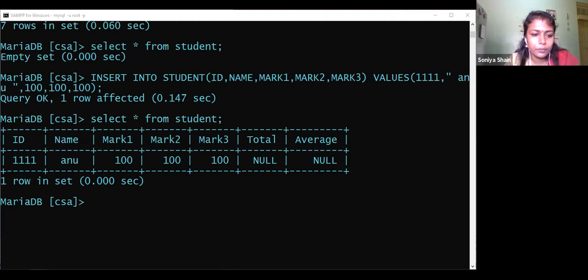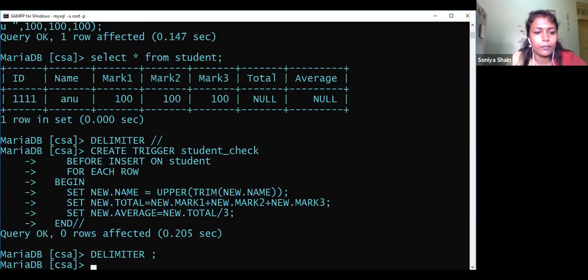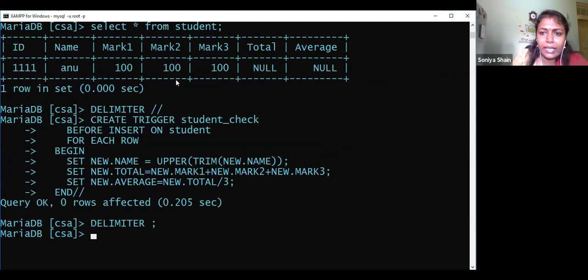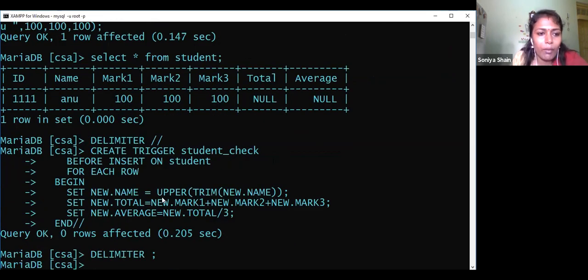It is a before insert trigger. Create trigger student_check. Already you have seen that I gave Anu and it came out exactly as I gave it. Here, I am going to change the name: the leading and trailing spaces will be cut, and it will be converted to uppercase.